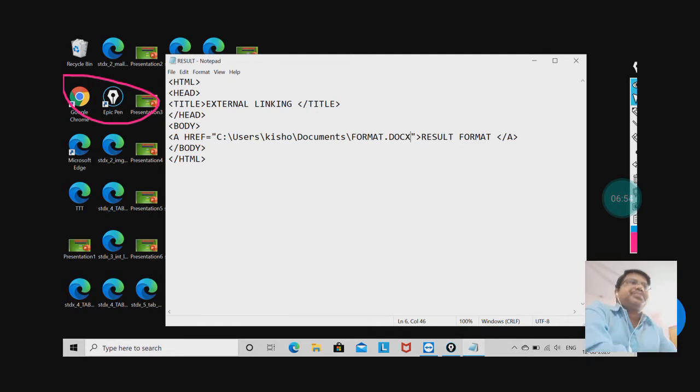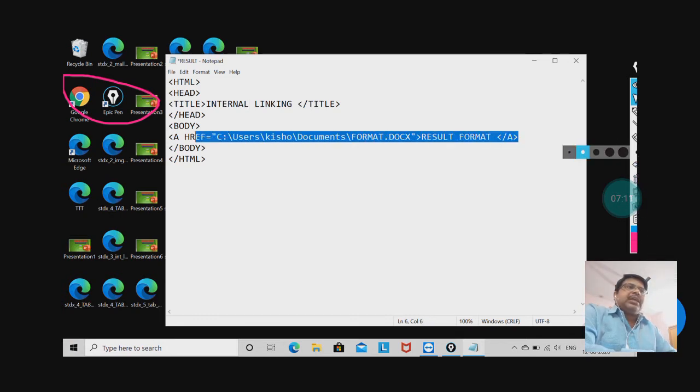I will show you. I will have the same document, but here I am going to write internal linking. What is internal linking? Okay. Now this part I am going to touch, my dear, only this part, because the other will be as it is.